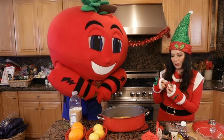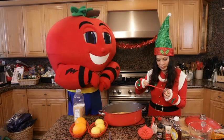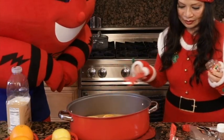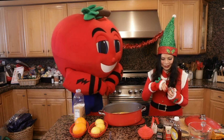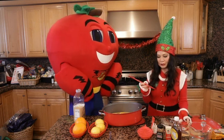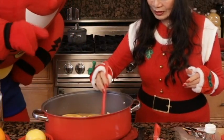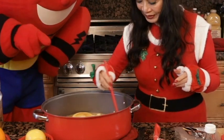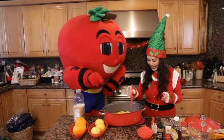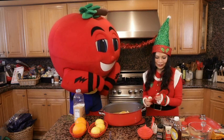And a little dash of allspice. I'm just going to put a little dash of that in. I've discovered that if you use a silicone stirrer, then you can scrape things and get it all out. So I'm stirring this up with my silicone spatula, and it is heat resistant, and it's sort of my new